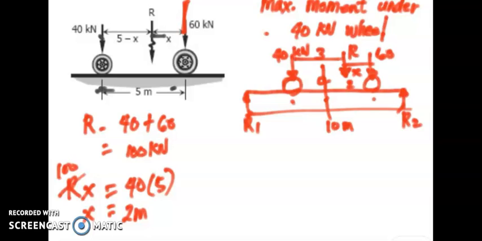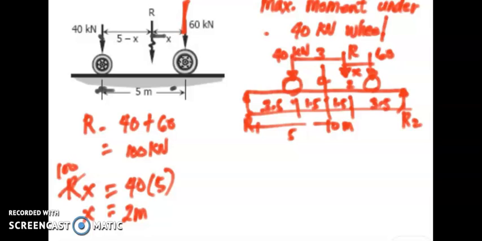So the distance from the center line towards 40 kilonewton is 1.5. If that is 1.5, so basically this is 1.5. So since this is 5 towards this point, 5 minus 1.5 is 3.5. So therefore, this is also 3.5. So now we have to identify our